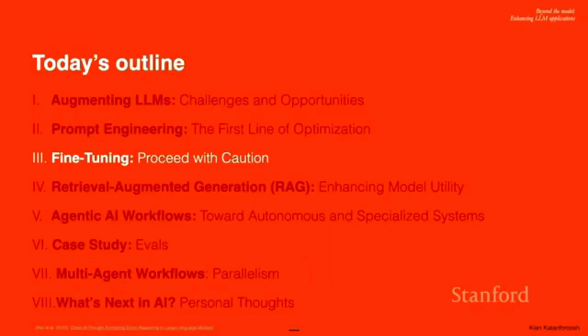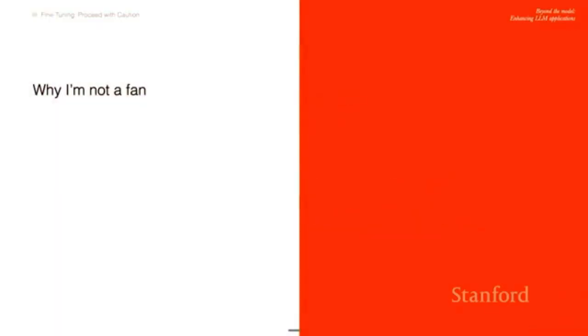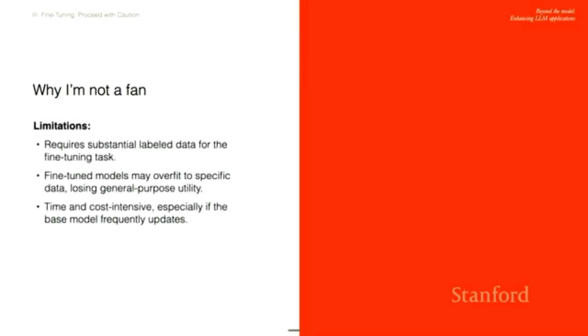Now, let's say you've exhausted all your chances for prompt engineering and you're thinking about actually touching the model, modifying its weights, or fine-tuning it, in other words. I was telling you I'm not a fan of fine-tuning. There's a few reasons why. One, it requires substantial labeled data typically to fine-tune, although now there are approaches that are getting better at fine-tuning that look more like few-shot prompting actually than fine-tuning. It's sort of merging,